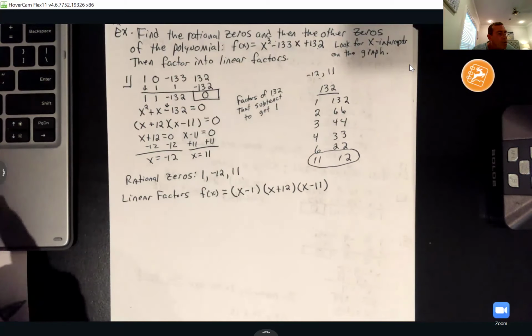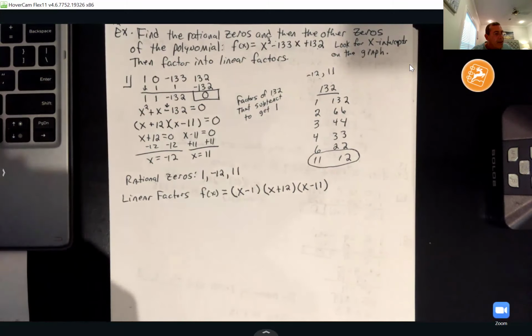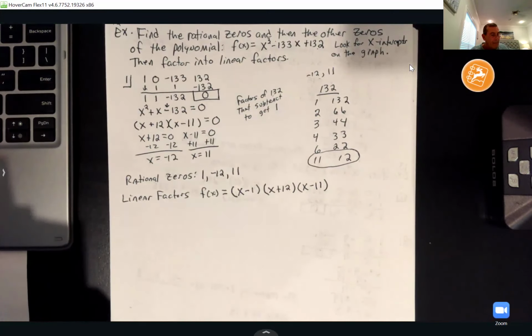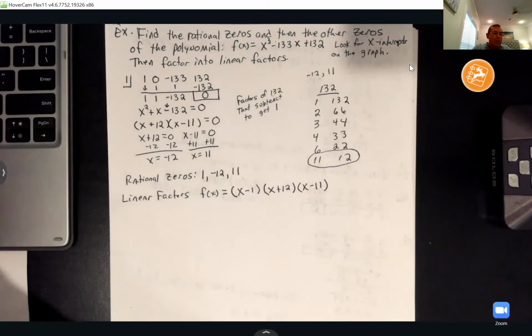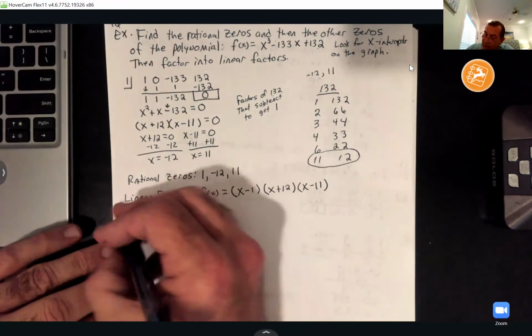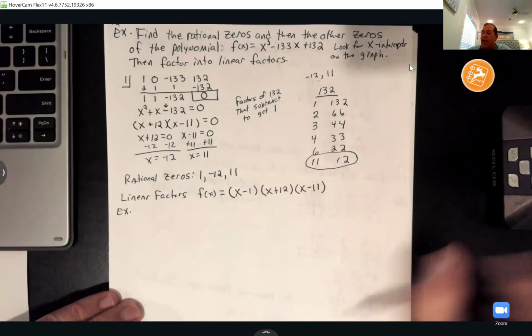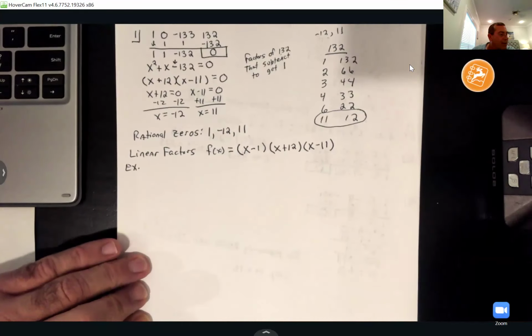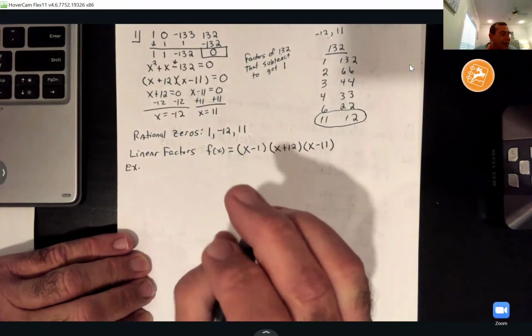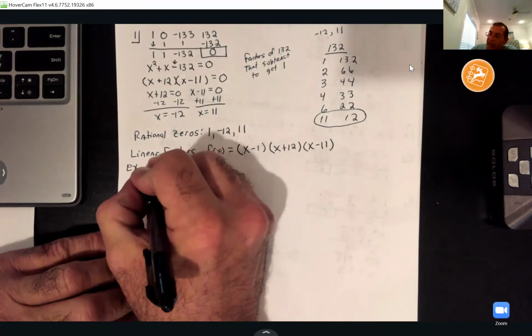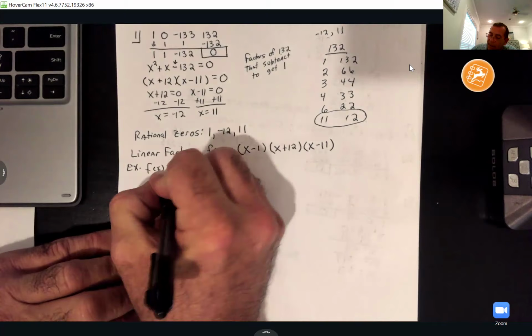All right, so I'm going to do one more of those. Let me see. I think I'll do one like 17 here. And y'all, it's the same directions. So 17, they're giving us f of x equals